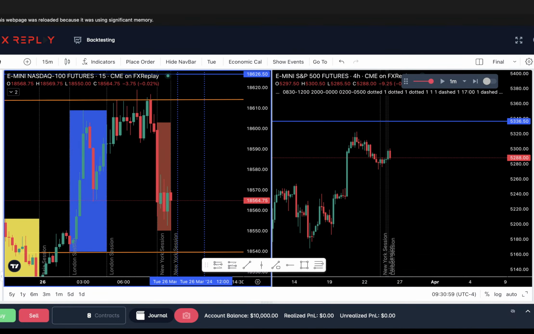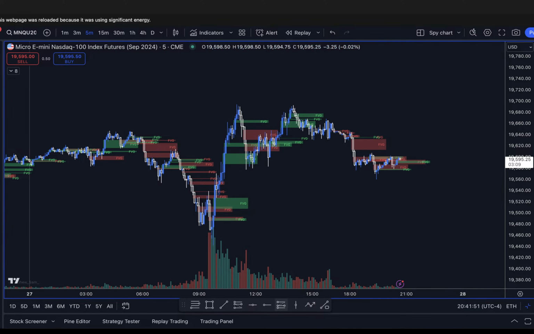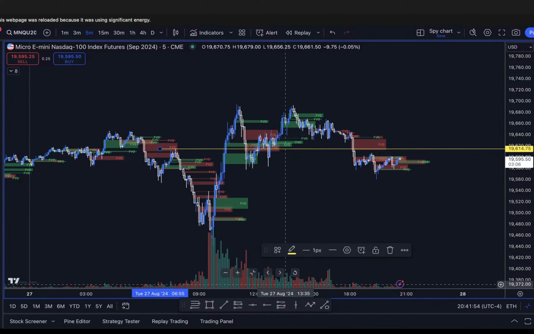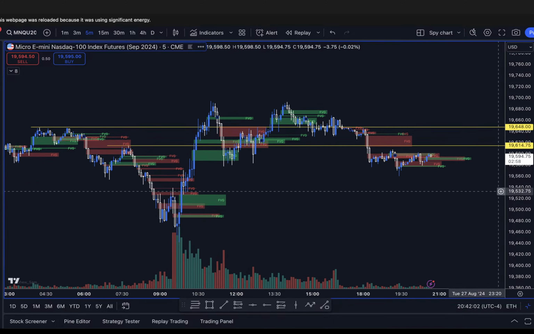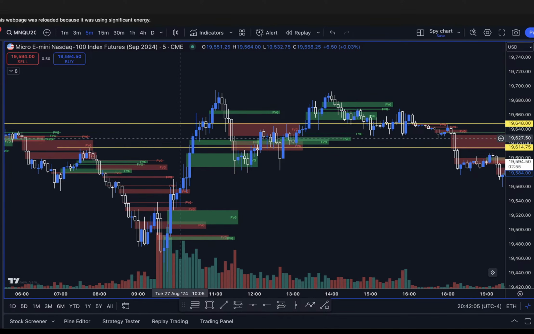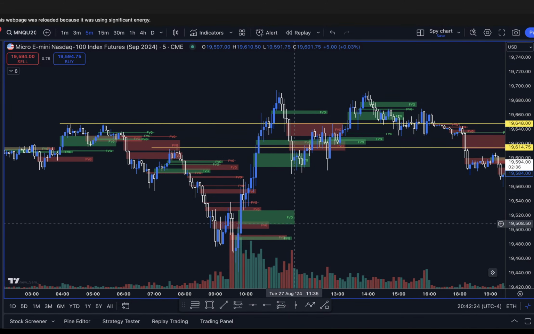What I did today: we had equal highs here, and then my target was here. Once we hit this yellow line, I moved my stop loss to break even. Then once it wicked a little bit, like this candle here, I thought it might reverse from here. So I moved my stop loss, like a trailing stop, a little bit in, enough for it to play out, like $300 in profit or something, and then I let it run. But that is technically against my rule because this is an equal high, it's going here. You know what I'm saying? But you'll feel it out.